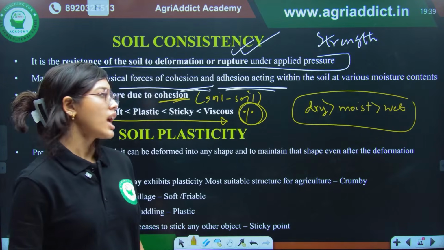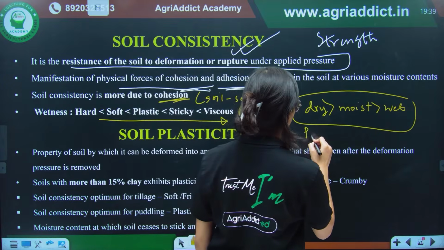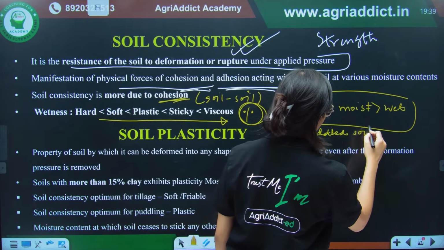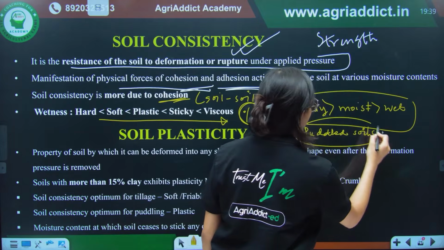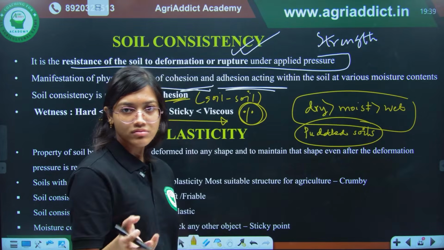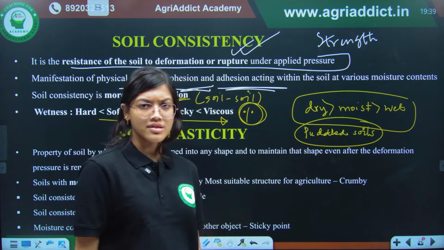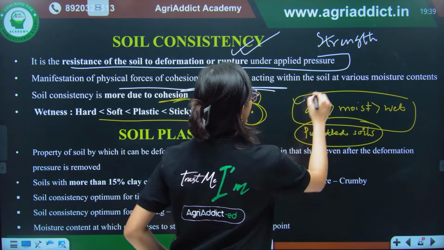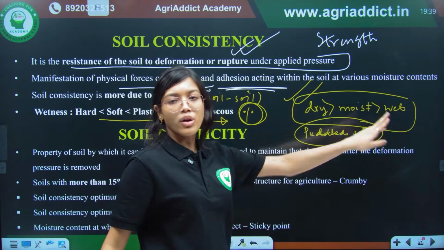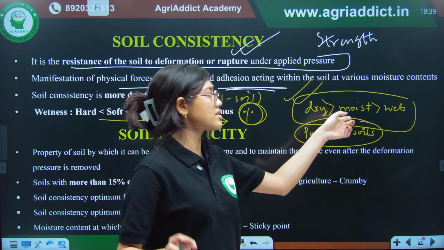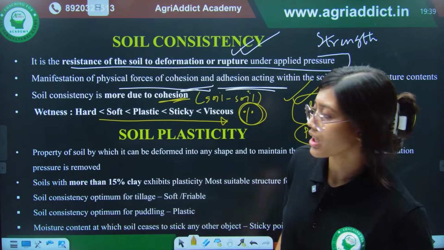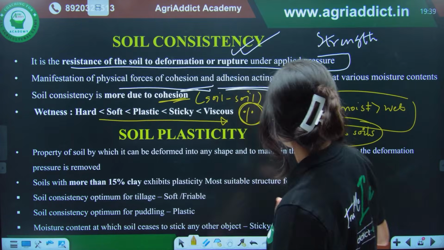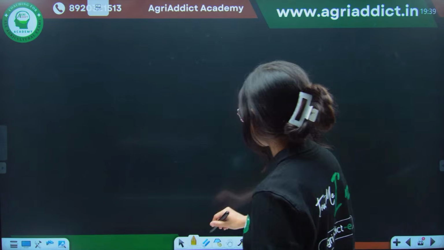Okay. And in case of puddled soils, they will be very compact, they will be highly cohesive. So, they will be much more consistent. Now, this is for moisture percentage, dry, moist and wet. So, dry will be more consistent than moist and then wet. Okay. So, these are all the limits of wetness or consistency that you can find, and this is directly associated